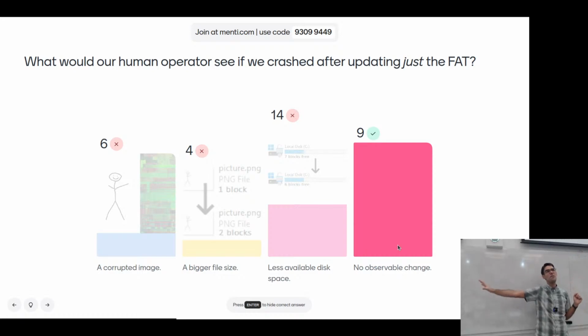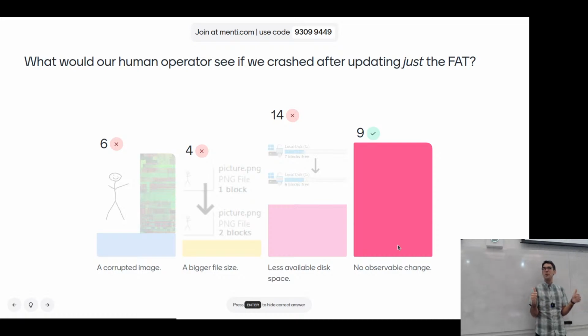It's never going to even try to read the new cluster because it doesn't know that the new cluster exists. So while we'll build a cluster chain that consists of 2 nodes now, we're never going to get to that second cluster because the directory entry was never updated with the new file size. Same thing with the bigger file size here. We're not going to change that directory entry, so we're not going to make any changes to the file size. Does that make sense to everybody?